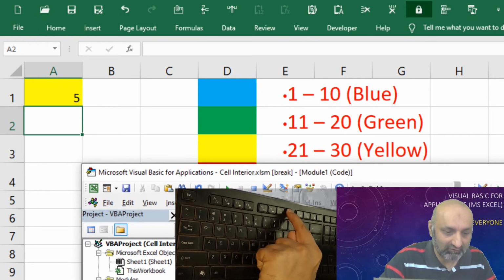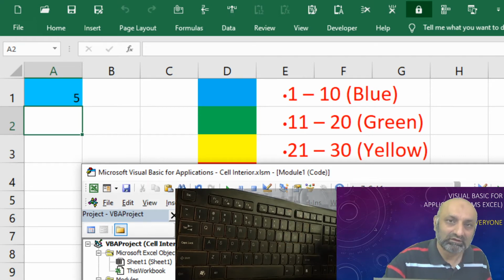I'm using the F8 key, F8, F8, F8, and you can see that the background is blue now. So the command works. If A1 dot value is less than 10, then range A1 dot interior dot color index is equal to the color index of D1.